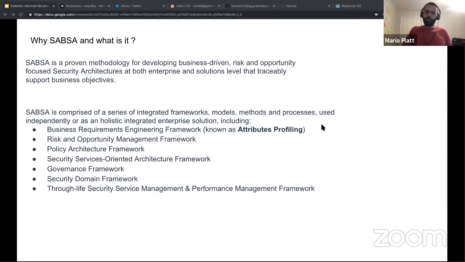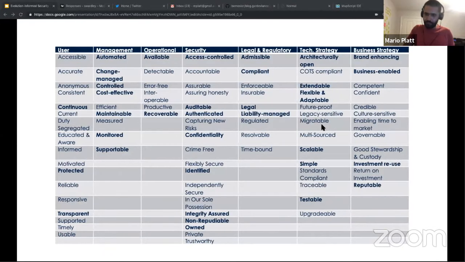So the one thing why I particularly like SABSA is because of the attributes profiling, what I was referring to previously as the business attributes. So this is the list of 85 business attributes. Obviously we're not going to talk specifically about any of them, but